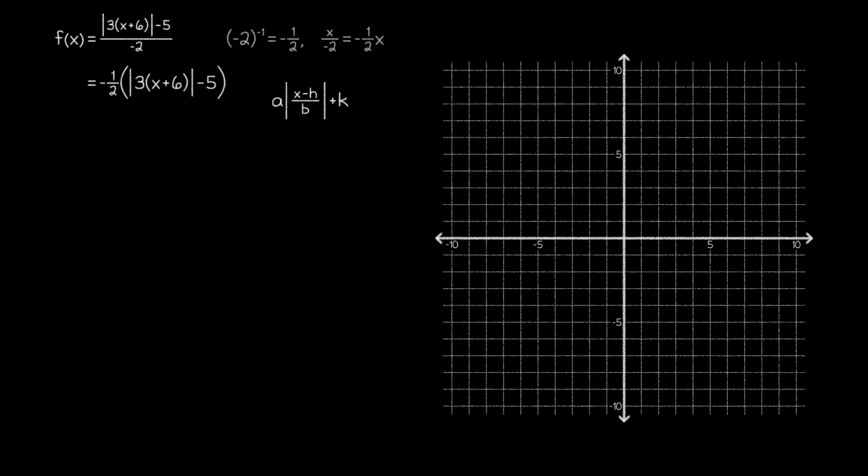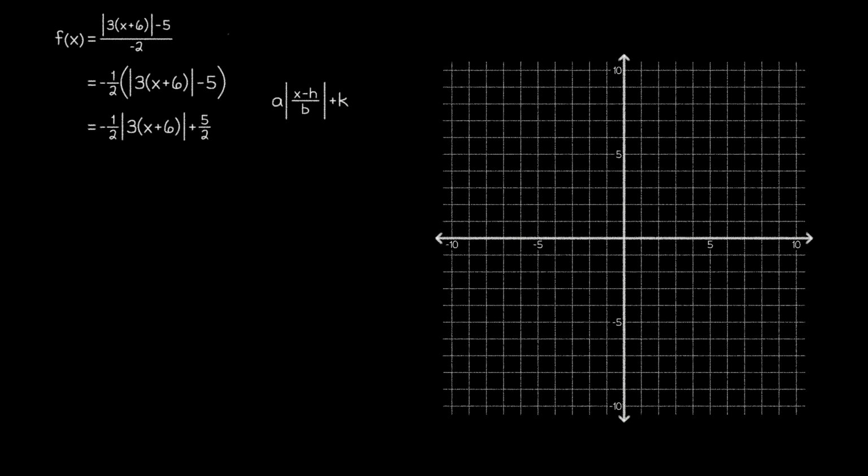But notice now that we need to distribute the -1/2 so that the k value isn't inside parentheses. So let's do that distribution, which gets us this new expression. Now it's time to look inside the absolute value bars and see how that compares with the transformation format. The only issue there is that we want to have division on the inside. But right now, we have multiplication.